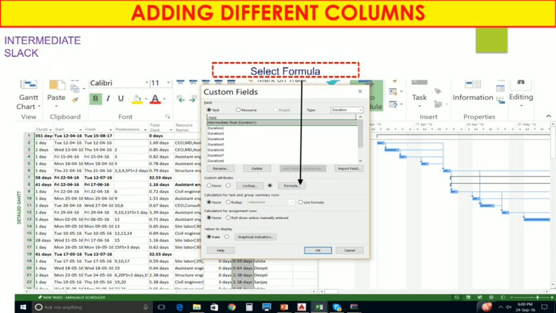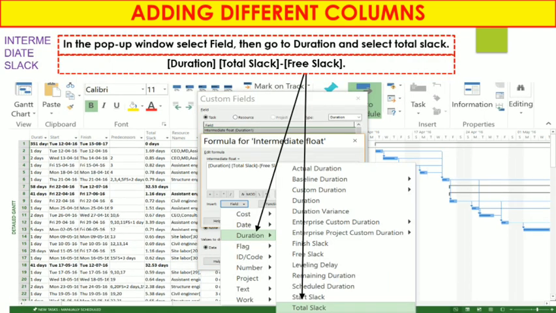For that you have to add a formula based on the project requirement. Select the formula tab in the custom field, and in the pop-up window select field, then go to duration and select total slack. The formula for intermediate slack is total slack minus free slack.